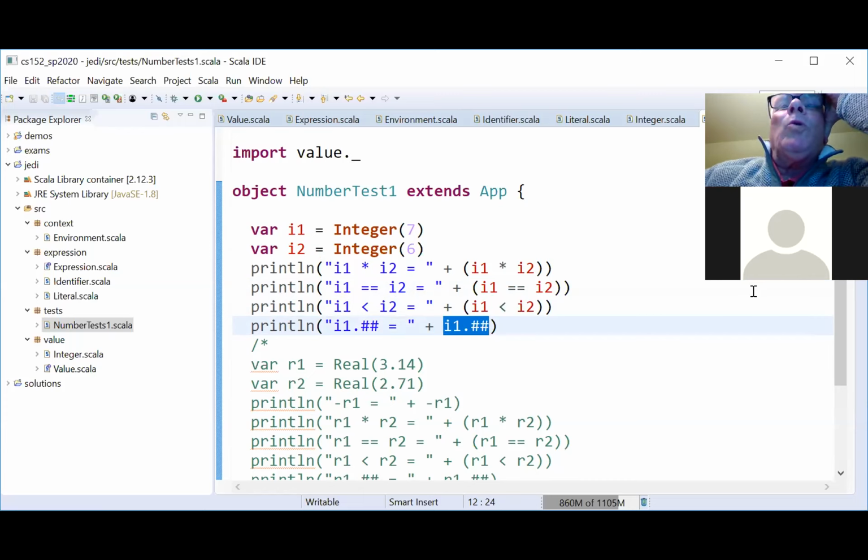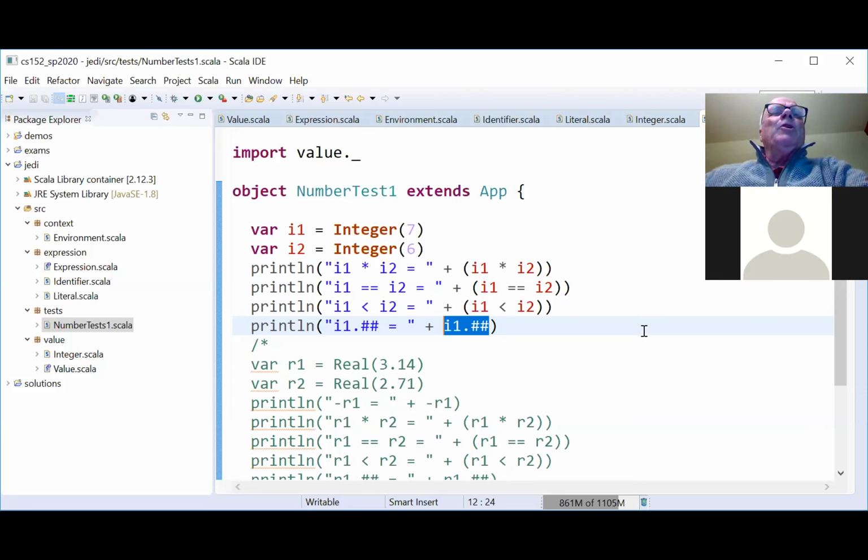Okay, so it's kind of cool, you know, in most programming languages, infix operators like plus and times are only used for the built-in types. So you lowly programmers aren't allowed to attach your own definitions to the infix operator. Only the language designer can do that. But Scala says no. You know, plus and times are just like any other identifier. You can define them just as you please.